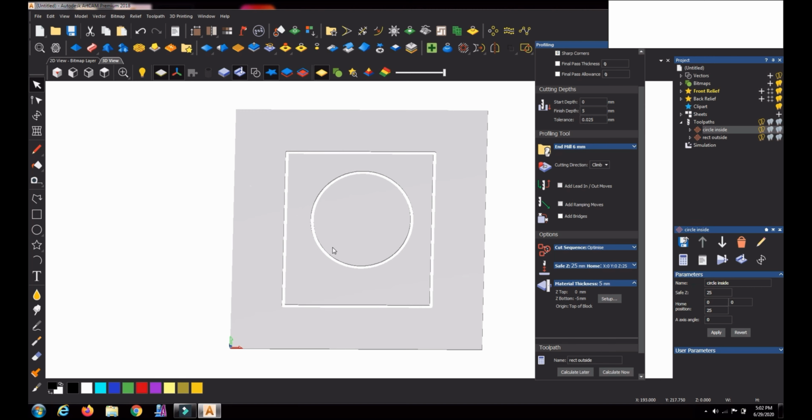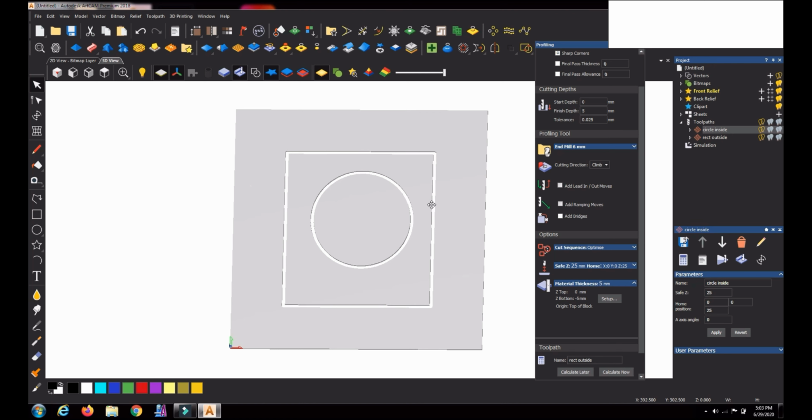Now on this material I first made the circle cut. If I have to do separate programs to take out this piece, first I have to run the circle inside, and only then can I cut the outer. If you are giving separate programs and you first cut the rectangle, then there is no holding for the material, so we can't cut the circle. So you should be careful about that.